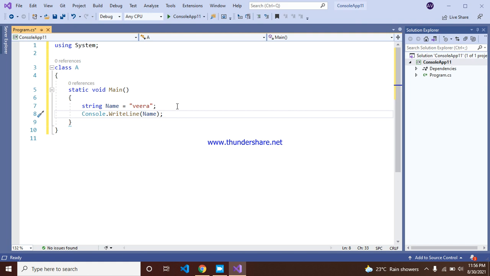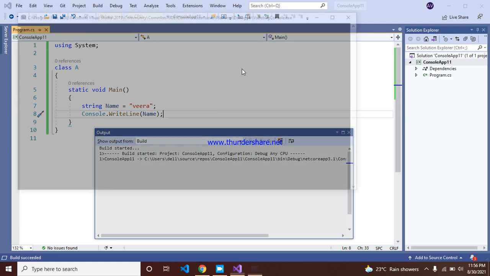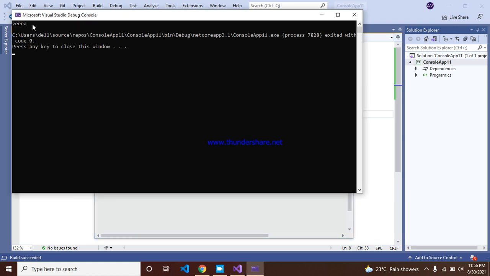Press Ctrl F5 and see the output in the command prompt. Wait and see, it's built now. Yeah, we got the output Veera.